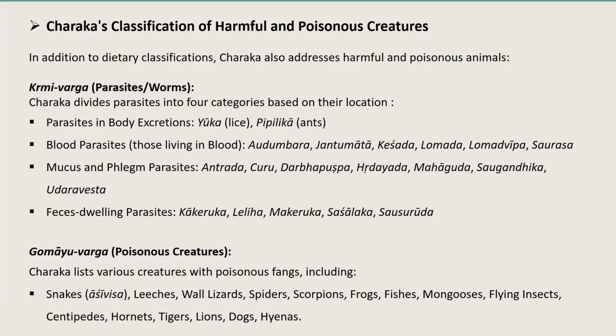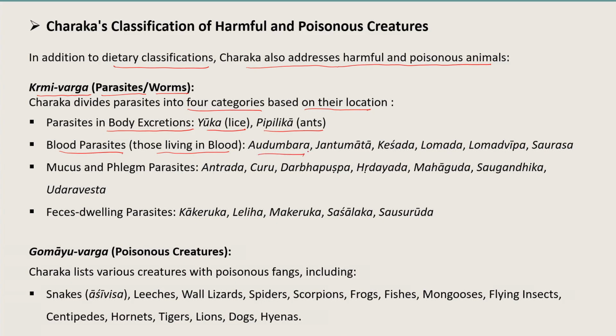Charak's classification of harmful and poisonous creatures. In addition to dietary classification, Charak also addresses harmful and poisonous animals like Krimi Varg, parasites and worms. Charak divides parasites into four categories based on their location. Parasites in body excretion, like Yuka, lice and Pipilika ants. Blood parasites, those living in blood, like